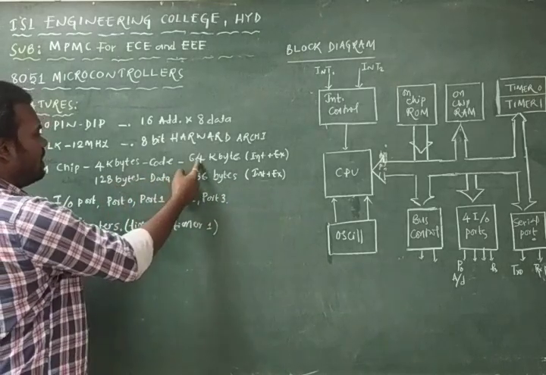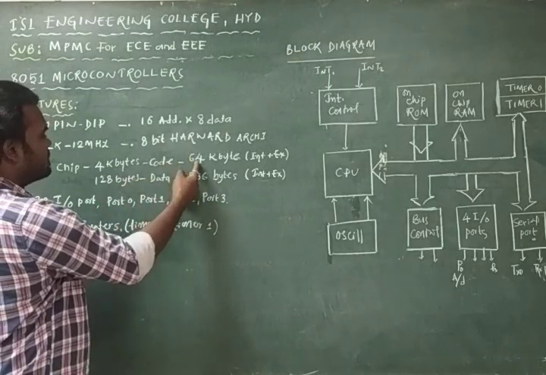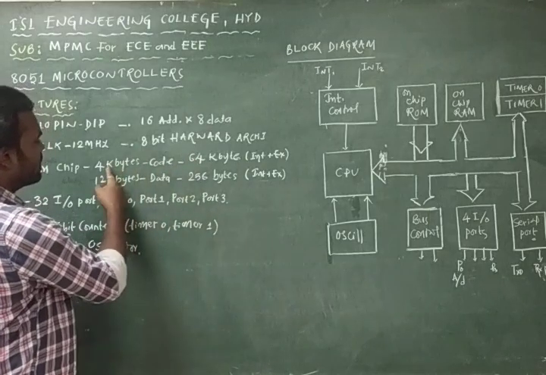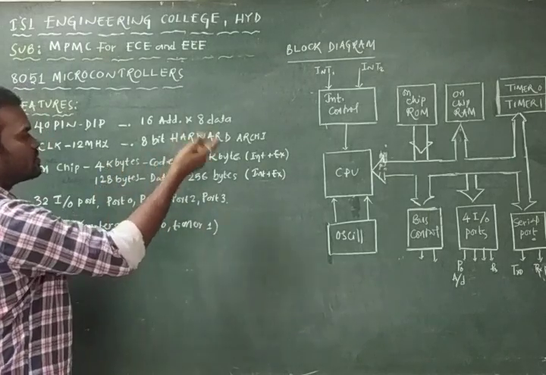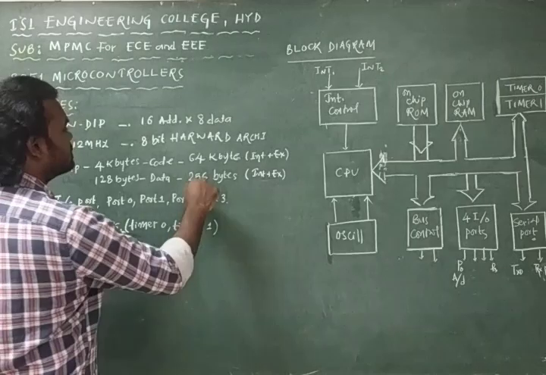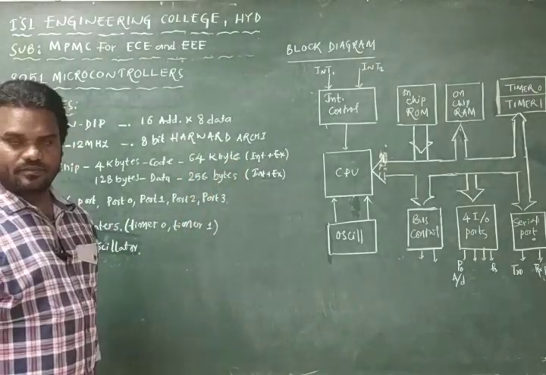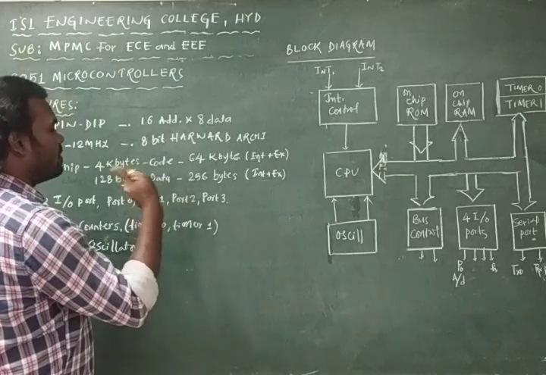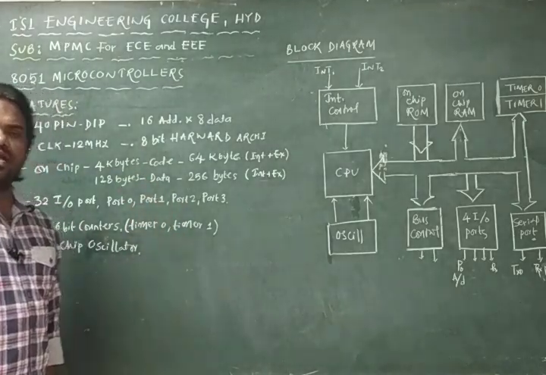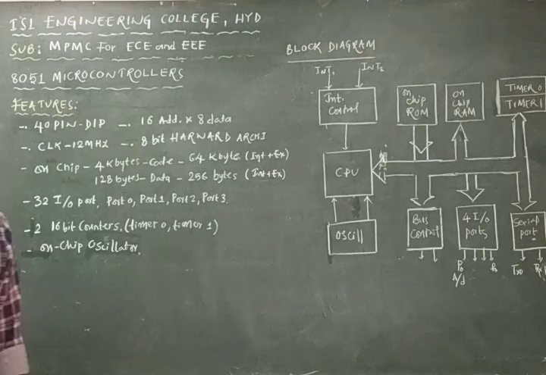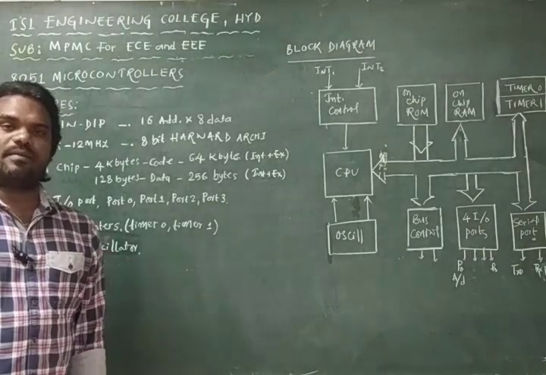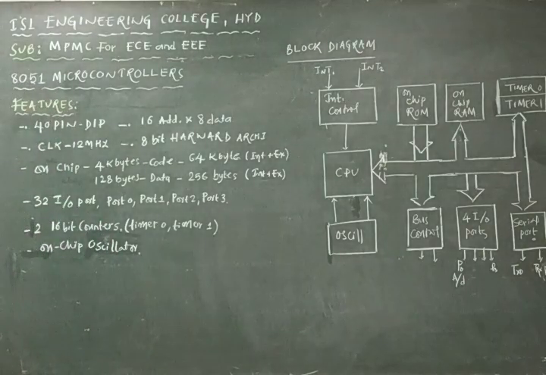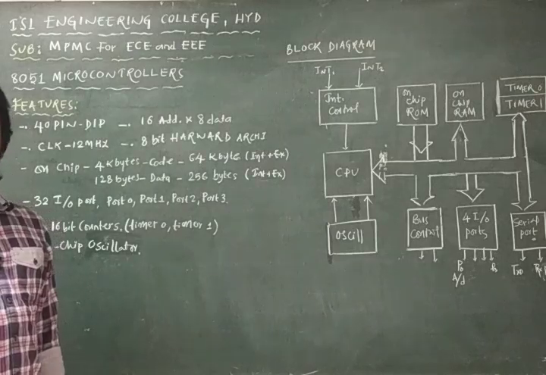That means if we consider 64, out of the 64, 4 kilobytes of internal memory can be accessed with the 60 more kilobytes externally. And coming to here, 128 internally is there, so that 128 bytes of external memory can be accessed for the data accessing, that is a random access memory, which is able to provide the read and the write operations